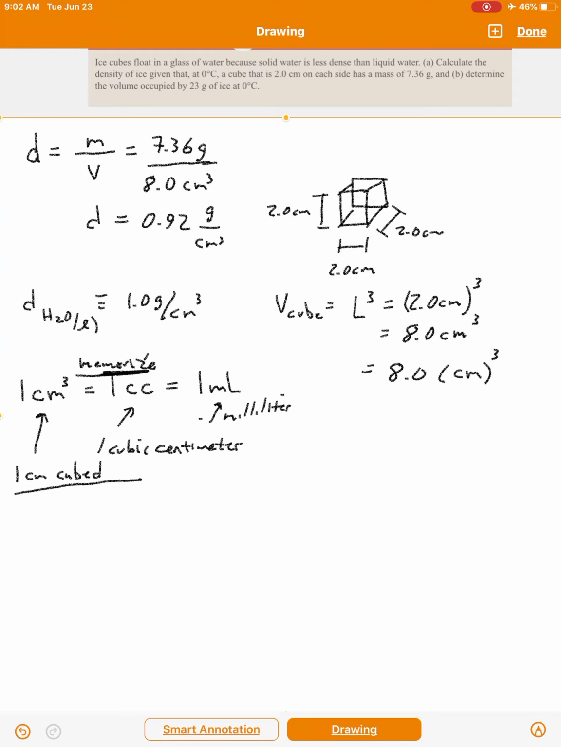In part B, it says determine the volume occupied by 23 grams of ice at 0 degrees C, same temperature. They're telling us that the mass is 23 grams, and they want to know what the volume is. Well, here's how we could go about that. The density is equal to the mass divided by the volume. I'm going to do this in 2 steps. If you multiply both sides by volume,